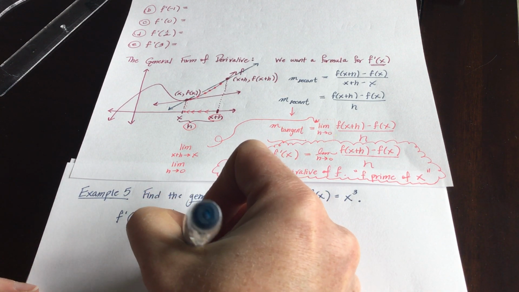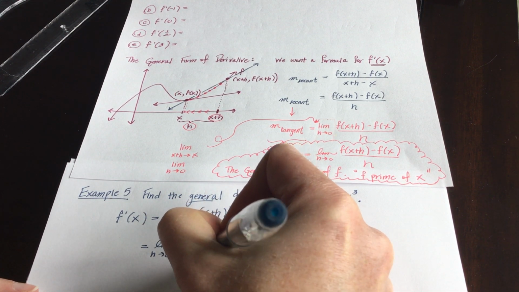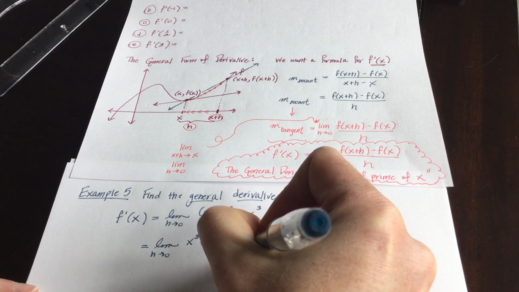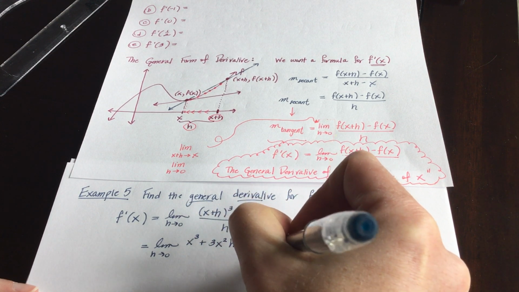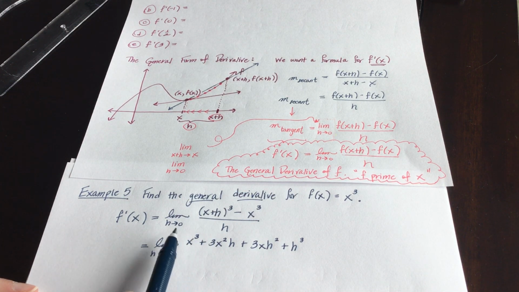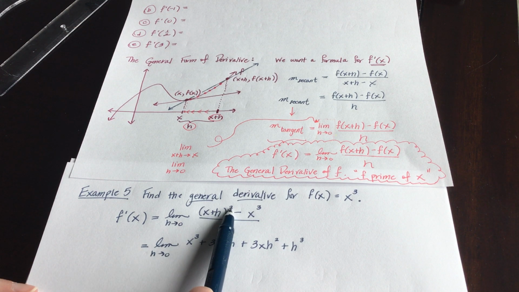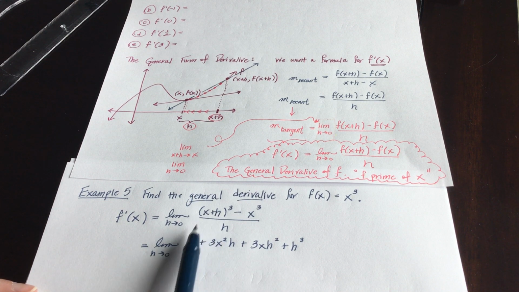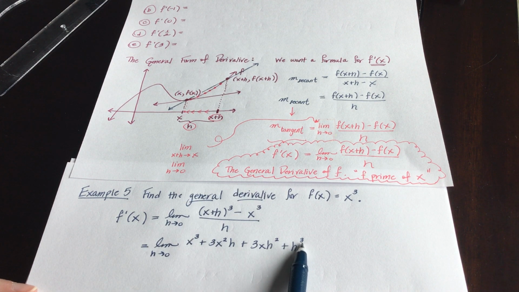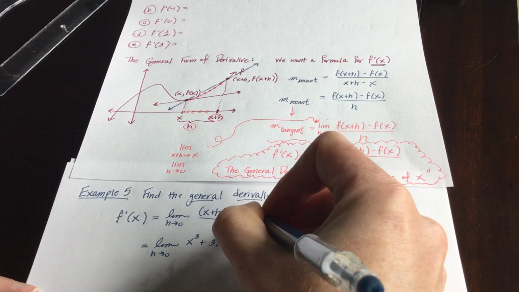So we're going to have 1x cubed times h to the 0, plus 3x squared times h, plus 3x h squared, plus h cubed. That would be the expansion here. Remember the coefficients 1, 3, 3, 1 came from Pascal's triangle. Powers of x start with the power that you had on the binomial and decrease by 1. Powers on h start at 0 and increase by 1 until you get up to the power that you're expanding it to. Okay, so minus the x cubed there,